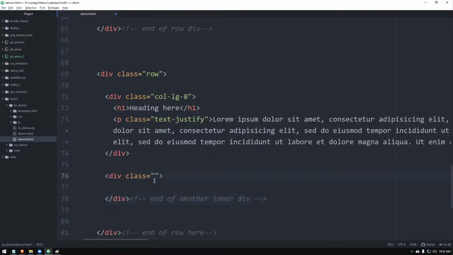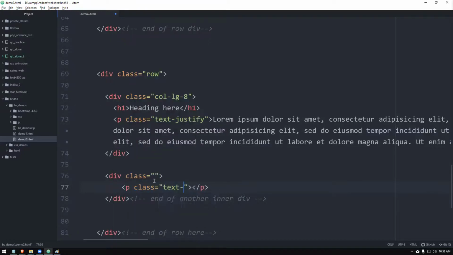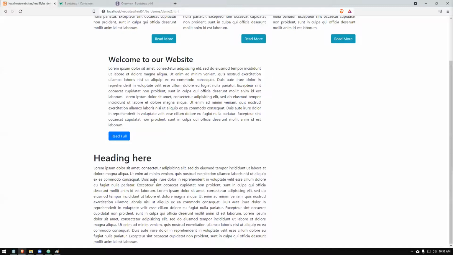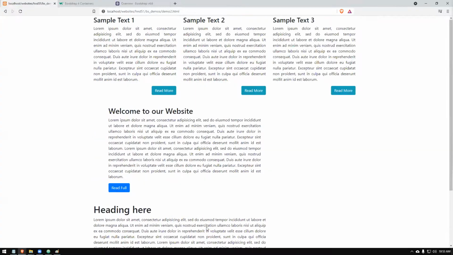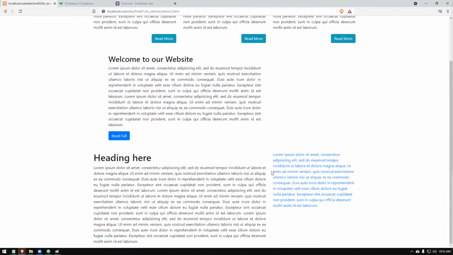So this one I'm going to have. I don't have a picture at the moment, but I'll put, we'll put paragraph class text primary. Right. So we get it down there. I'll give call LG, call LG 4. So it's nicely coming and fitting up here. There's a built-in gap is there nicely.